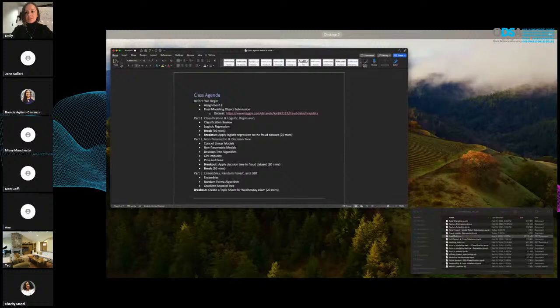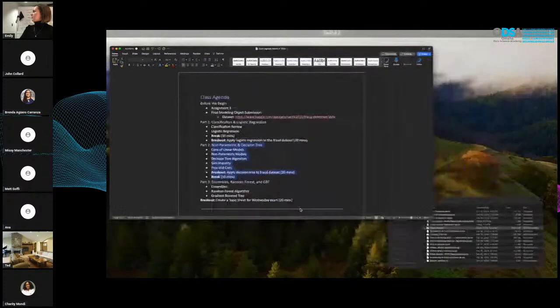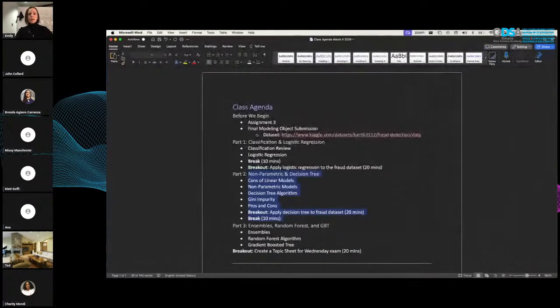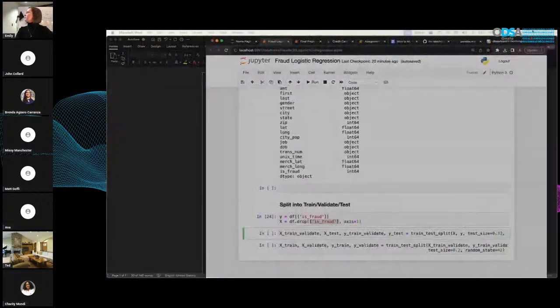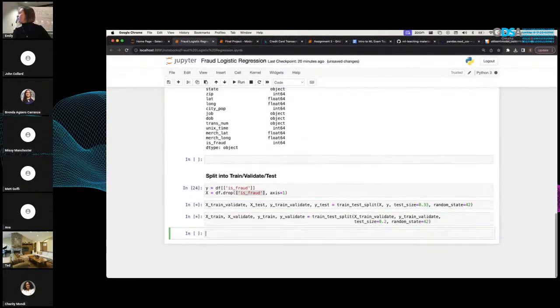Okay, so I wanted to take a break anyways, so that is actually good timing. Let's take a 10-minute break here, and then we're going to come back and talk about non-parametric models and decision trees. I think where we got in this, with this fraud data set, there we are. Pull this back up here. Let me run this, make sure this works. I'm not giving you bad code.